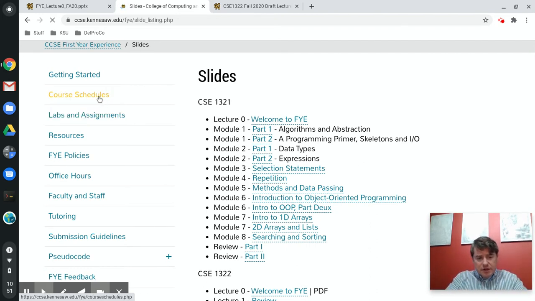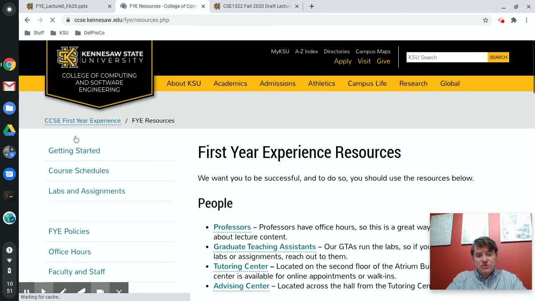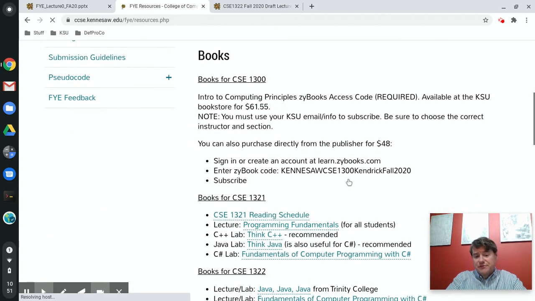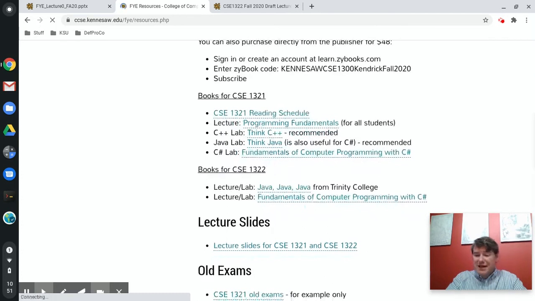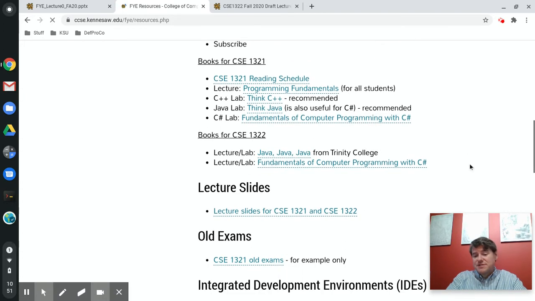All right, so I mentioned the schedule. In the resources area, there are also a lot of things that are useful here. There is no real actual book assigned that you have to go by, but we do have two books that are listed here, Java, Java, Java, and also Fundamentals of Computer Programming with C#. Much like the previous section, this class is being taught with a lot of different majors, and different majors have different requirements for what language they have to know. So when we teach the class, we're going to teach it in a language agnostic way. I'm not going to dwell too much on the syntax.